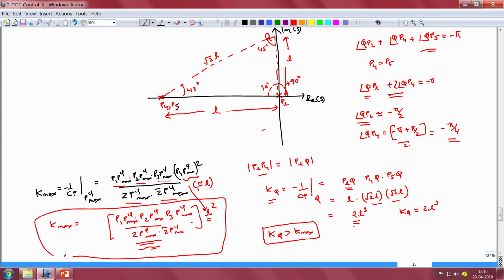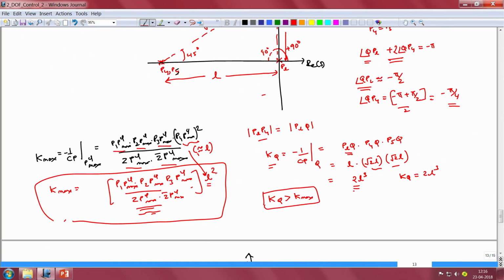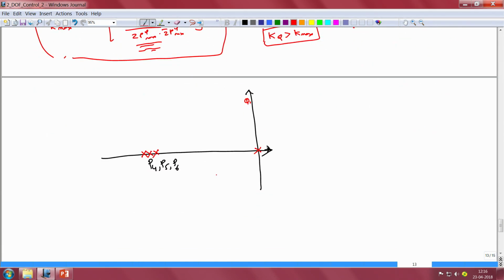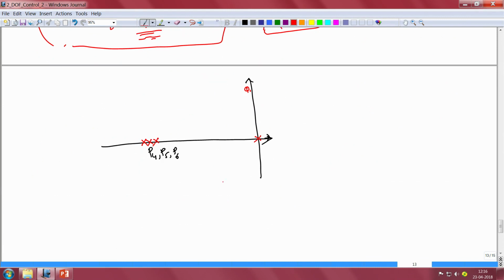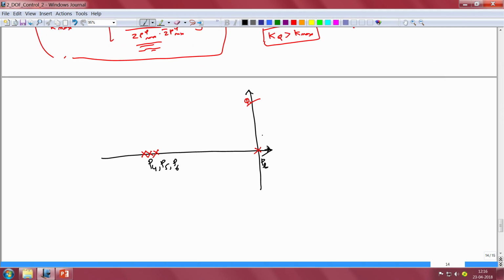To address this question, we can follow the exact same steps as what we have done so far. So if we assume that we have 3 poles P4, P5 and P6, and Q represents the location at which the root locus crosses over from the left half of the complex plane to the right half of the complex plane, and PL represents the lumped pole at the origin, then to determine the location of Q we can once again start by applying the angle criterion.